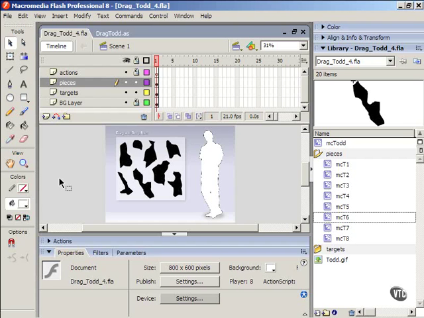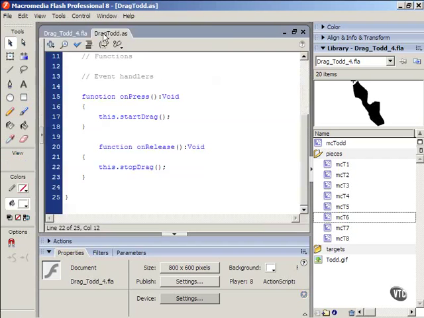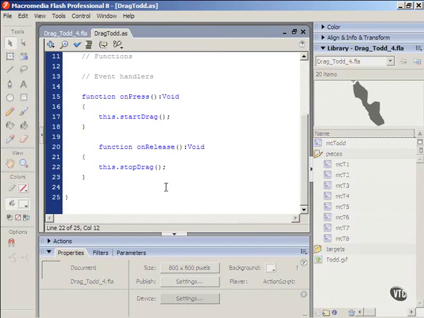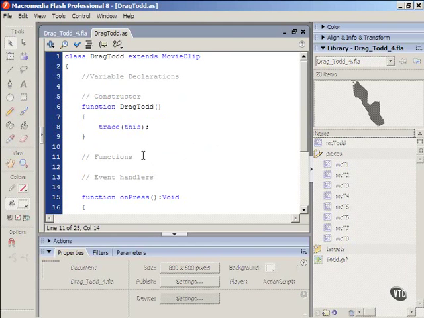To connect all the pieces of the drag and drop game to the appropriate targets, the first thing we need to do is go back to our external ActionScript class file and create a function. So I'm going to go in the functions section right after the one-line comment that says functions. I'm going to press enter a few times to go down a few lines, and I'm going to create a function called setTarget. So I'm going to type public function separated by a space